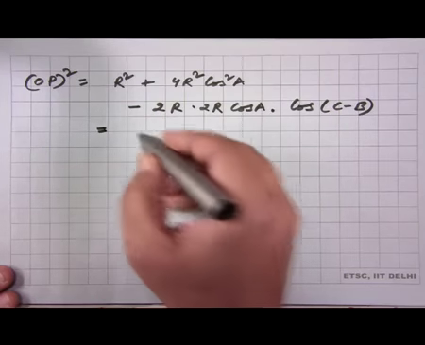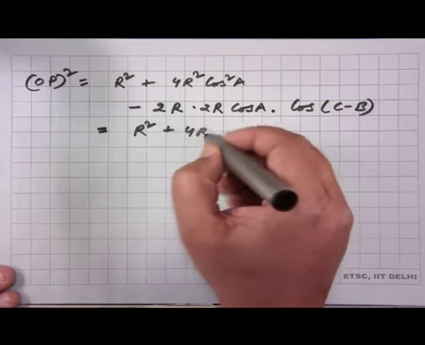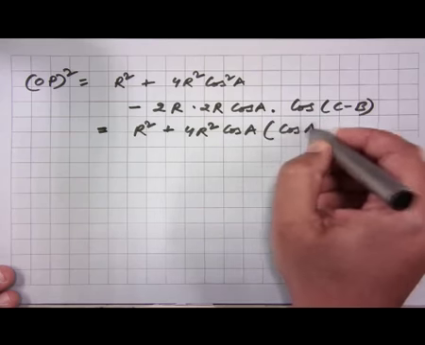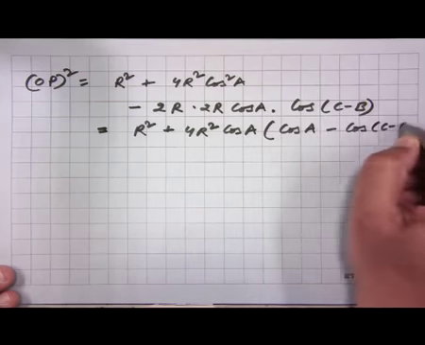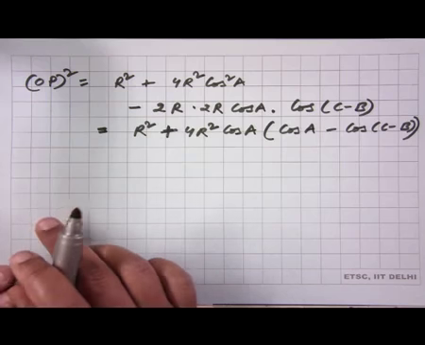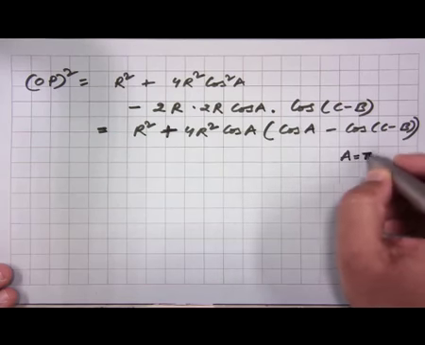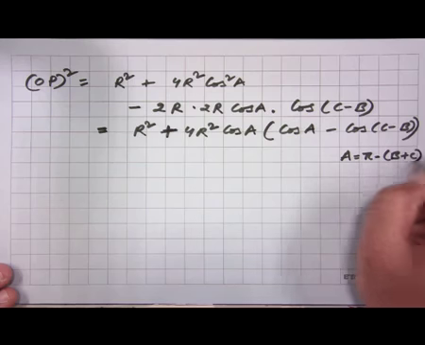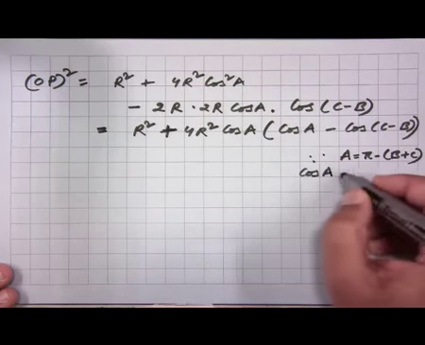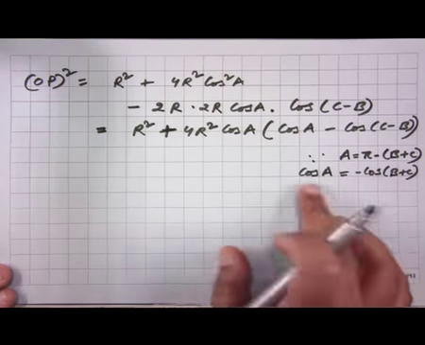And then this is equal to R square plus 4R square cos A into cos A minus cos of C minus B. But we know that because A is equal to pi minus B plus C, cosine of A is minus of cosine of B plus C. So, we use this fact here,